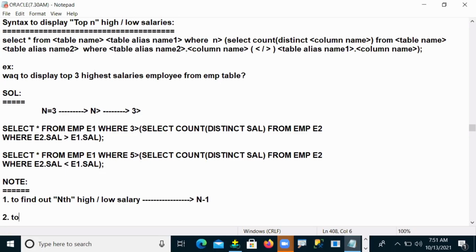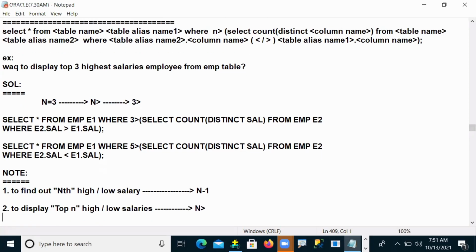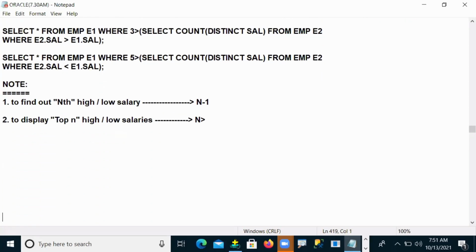In the same pattern, to display the top n highest or lowest salaries, I will take n greater than. So these are the two conditions that should be remembered.